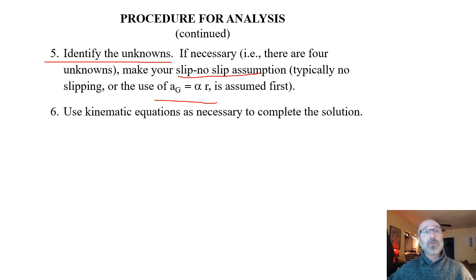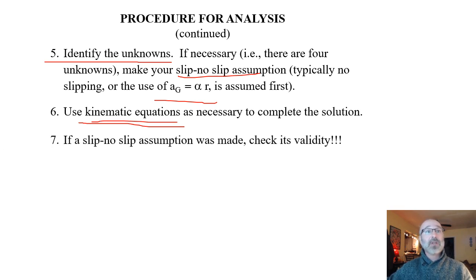We could also use our kinematic equations as necessary to complete the solution. So if we need to solve for velocity, acceleration, position based off of those relationships, we can call back to our kinematic equations for that. Step 7, if we do a no-slip/slip assumption, make sure we double check its validity. So if we assumed no slip and it's really a slip and it doesn't check, make sure we go back